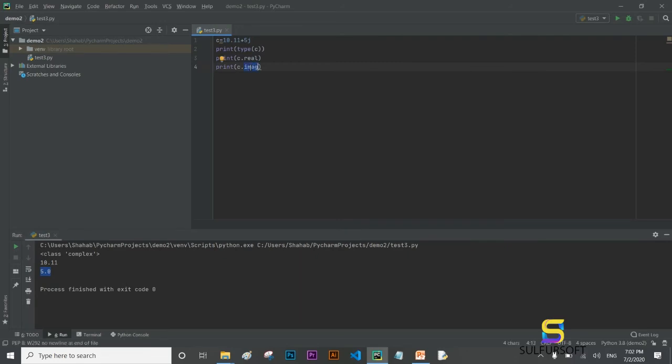So the imag attribute gives us the imaginary part of the complex number, but the value which is returned is in float form, like this 5.0. We have already covered the float data type in previous videos. If you don't know about float values, then please go to the previous videos and see the float data type. It is giving us the value in the float data type.